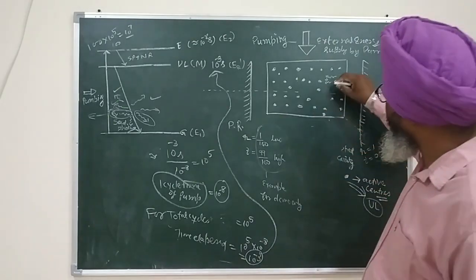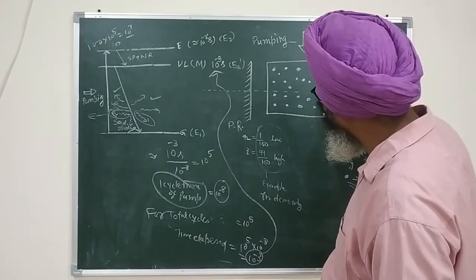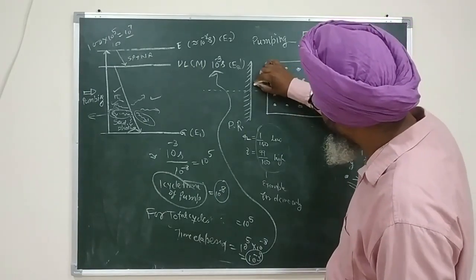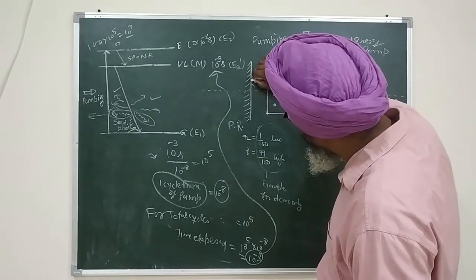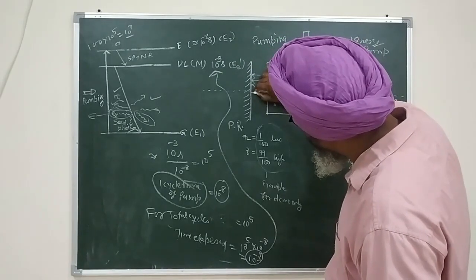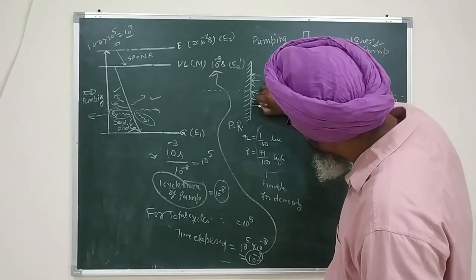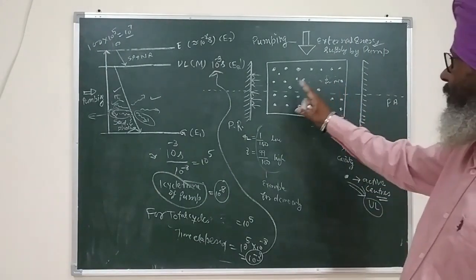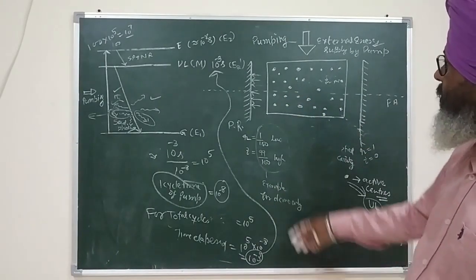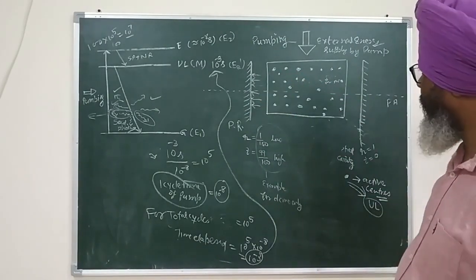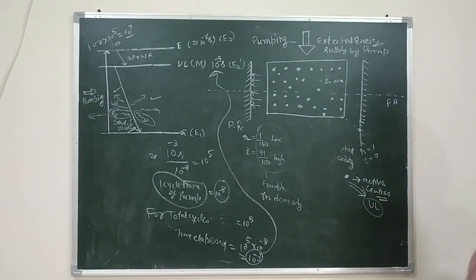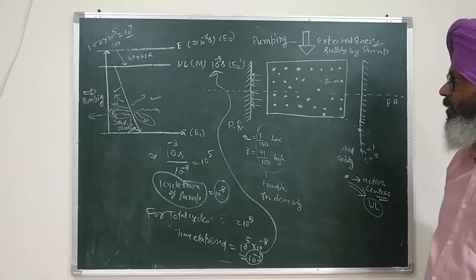Let us say that when this amplification process is taking place, all these photons, when they come out of the medium, will strike the mirror. And since the initial photon was parallel to the principal axis, all these photons, which are the result of collisions between the photon and the active centers, will be parallel to the principal axis.